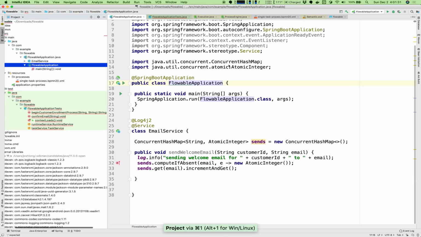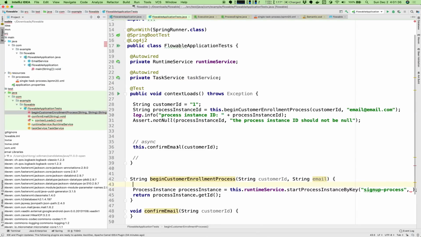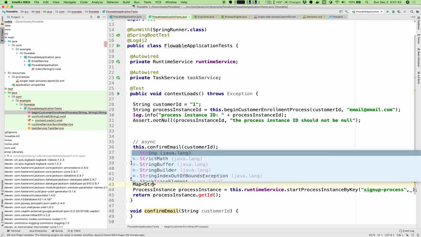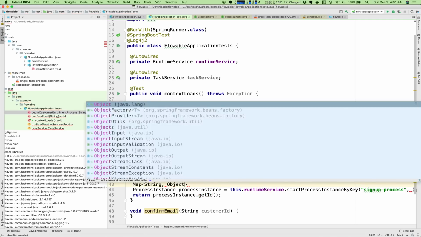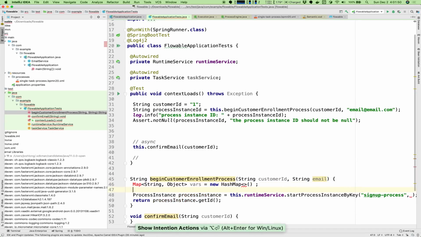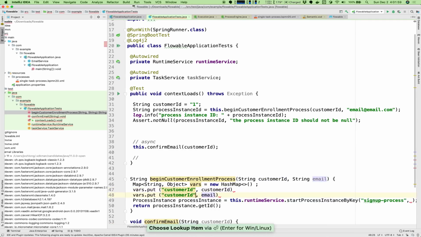Oh, I should have specified. Well, it doesn't matter. Let's just do this with Java. If I had specified Java 11 on the initializer, I would have been able to save myself a little bit of tedium here. But whatever. Vars equals new hash map, vars dot put customer ID, email,